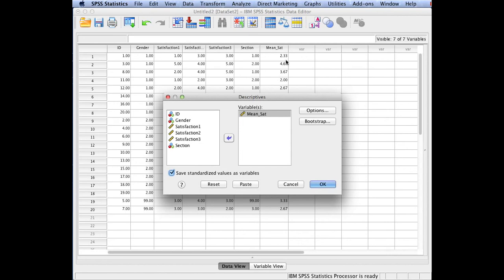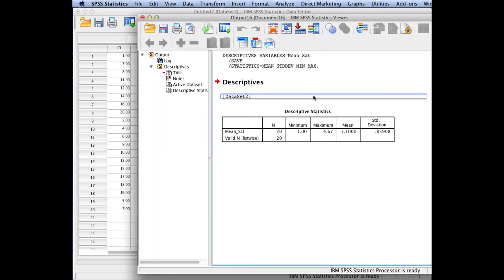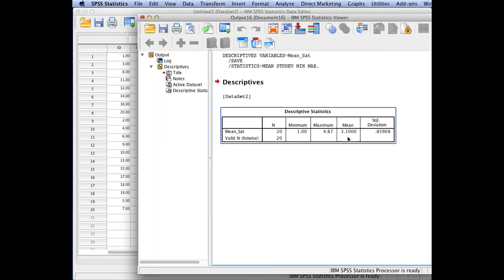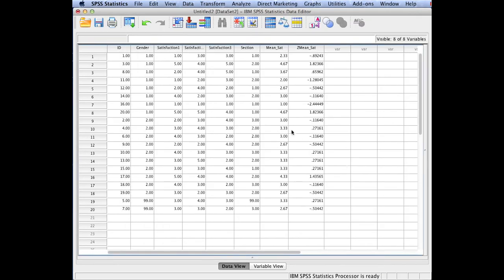What it has done is taken each of the scores we had on that variable and calculated the equivalent z-score based on the average of this variable, the standard deviation, and the observed score. So we click OK. At the same time, we do get a quick summary of the variable. We can close that, and when we go back to SPSS, we see right here